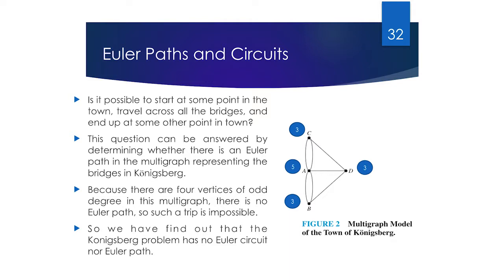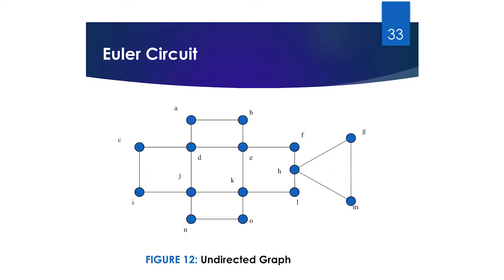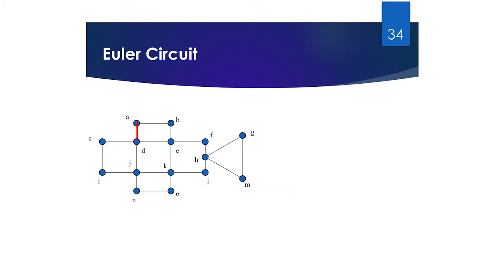Finally, I want to show you an example where we can find the Euler circuit in a graph very easily. Find an Euler circuit in the graph shown in figure 12. So what we need to do is to select a starting point. Let's say vertex A is our starting point. We need to make sure that we end at A. So first we go from A to D, and then we go from D to C, and then we go from C to I, then to J,